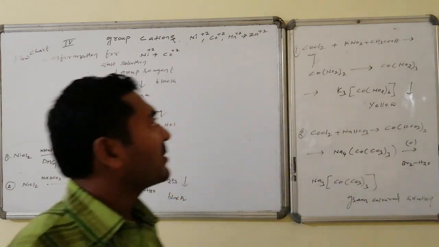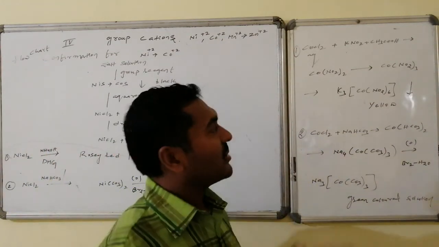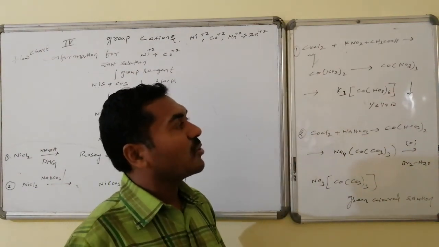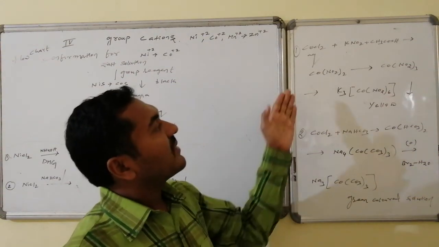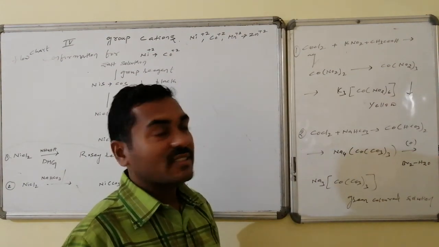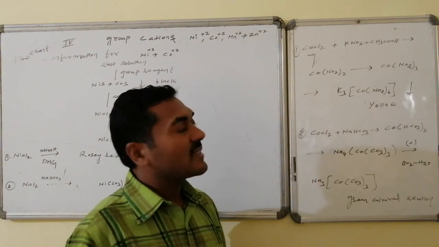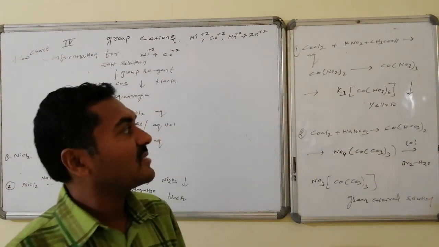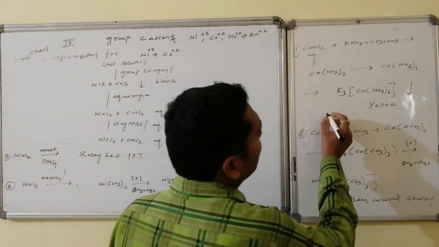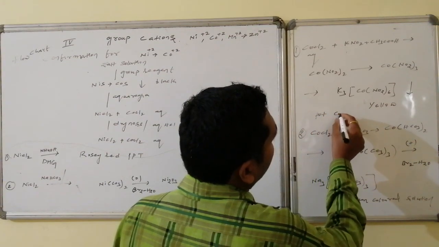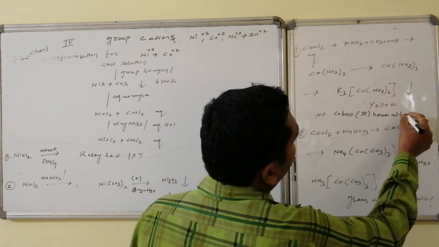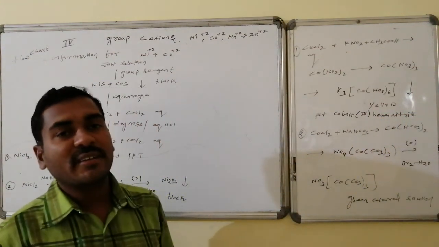Whereas for cobalt, if cobalt chloride is suspected, it is allowed to react with potassium nitrite followed by acetic acid. Thus cobalt chloride is converted to cobalt nitrite +2, and that further undergoes oxidation with HNO2 formed to cobalt 3 nitrite. Cobalt 3 nitrite once again on reaction with potassium nitrite gives potassium cobalt 3 hexanitrite formation. This is potassium cobalt 3 hexanitrite, which is a yellow color precipitate that confirms the presence of cobalt.